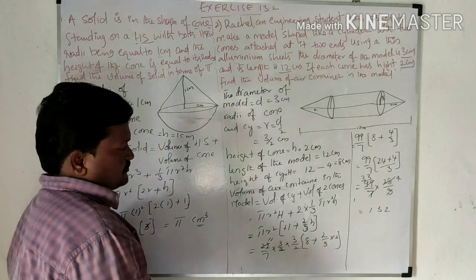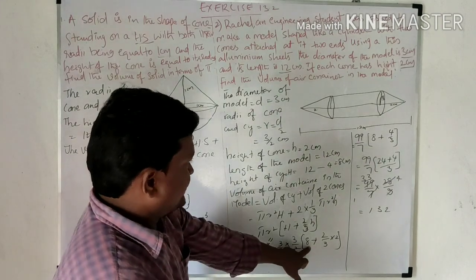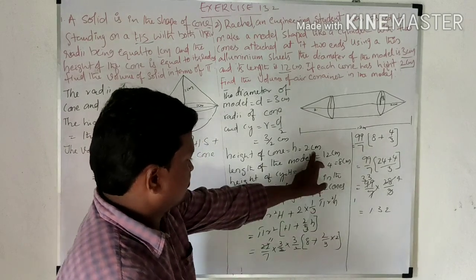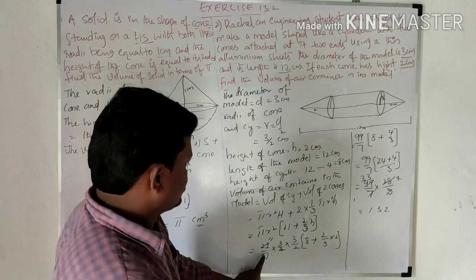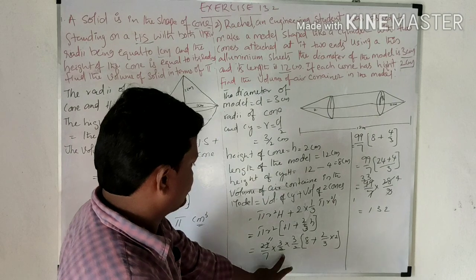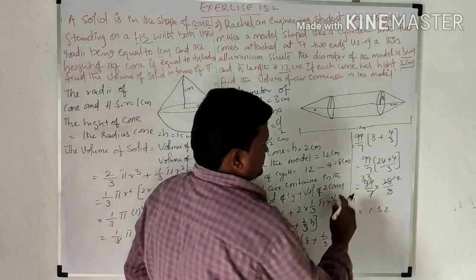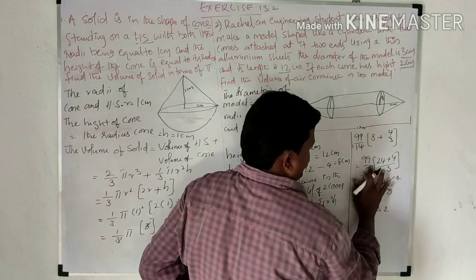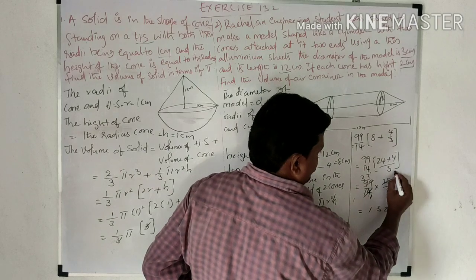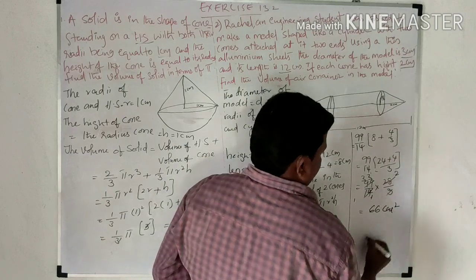Okay, so here capital H is 8 centimeters and 2 by 3 into small h, which is 2, is 4 by 3. So 22 by 7 into radius 3 by 2 into 3 by 2, 2 1 ja 2 11 ja. This is 7 2 ja 14 is there here. Sorry, this is 7 2 ja 14. 14 is there. So it will be 14 1 ja 14 2 ja. So 33 2 ja, it is 66 centimeter cubes.